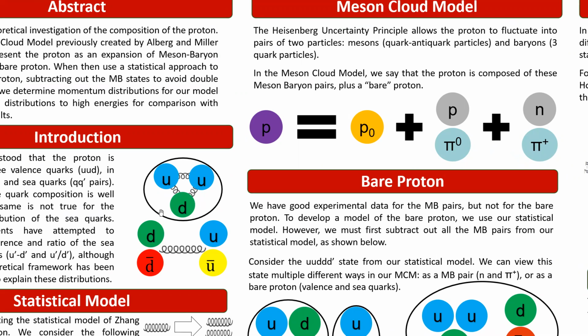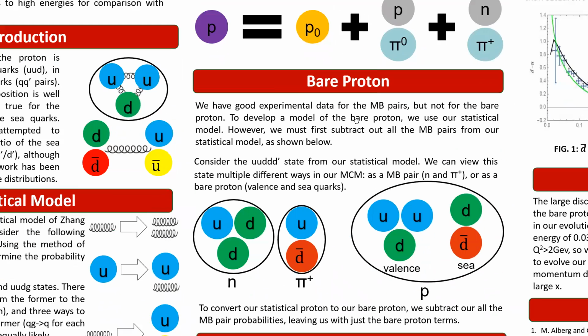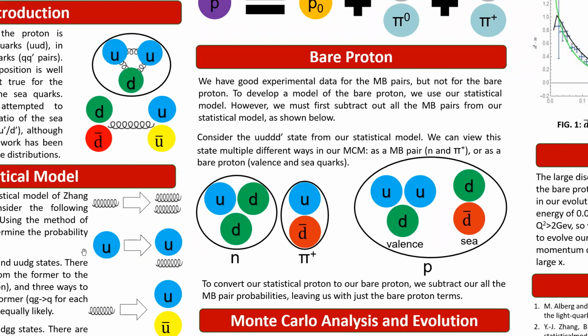So here we looked at it, and initially we looked at it very carefully and looked at the constituent quarks. Now we're kind of zooming out a little bit and saying the proton is sometimes just a proton, and sometimes it fluctuates into a neutron and a pion, or into a proton and a pi naught. So we're kind of taking a step out, and we see these fluctuations due to the Heisenberg uncertainty principle. And what we need to know is what is our bare proton, kind of our starting state when we don't have any fluctuations. And that's what we're going to use this statistical model for.